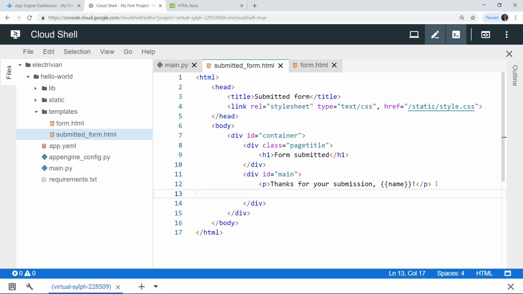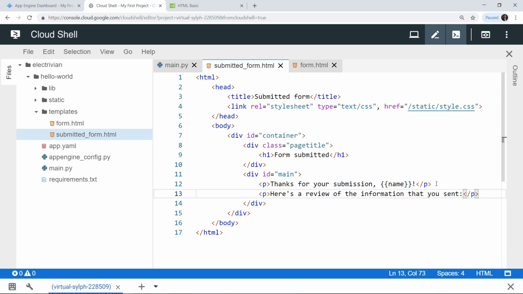Okay, then now let's prompt the user saying that we'll also display a review of what the user has sent us. So we have a new p tag, and we also have a closing p tag, and over here let's type in, so here's a review of the information that you sent.